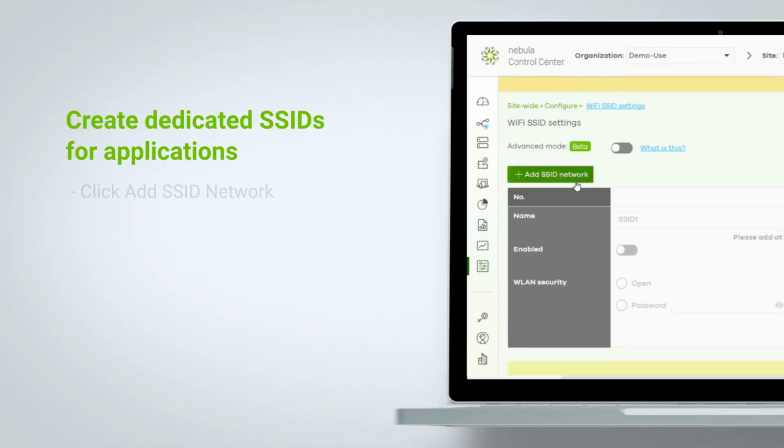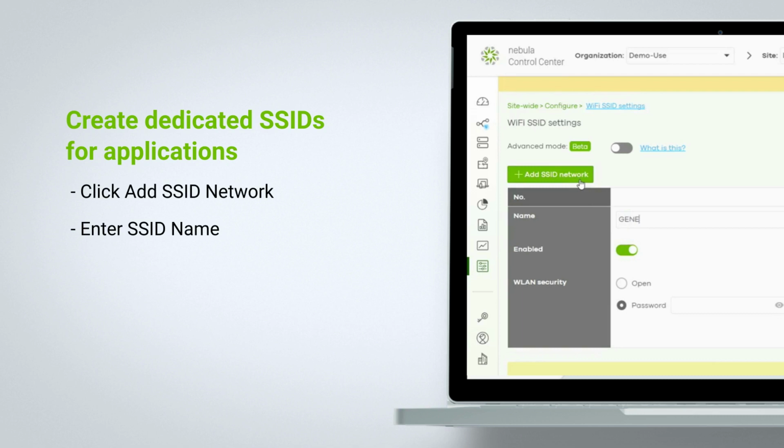To circumvent this, we can first generate 3 separate SSID, each tailored to a specific application. For instance, the first SSID is intended for general use, the second one is exclusively designated for gaming, and the third is dedicated to work-related traffic.